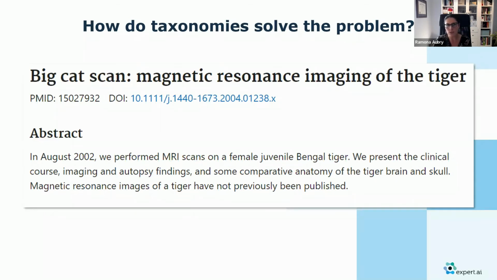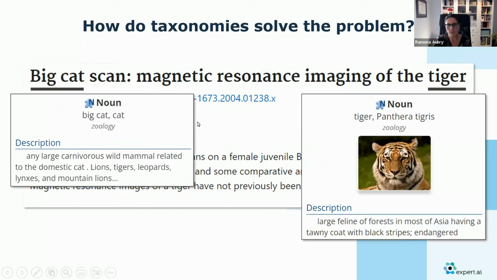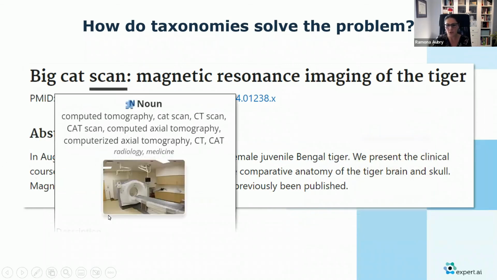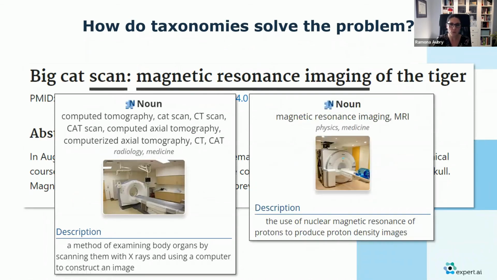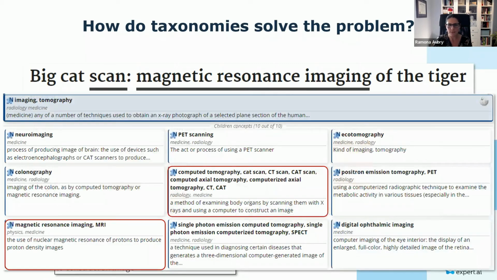But if you have this way to resolve ambiguity with a taxonomy, it provides a great way to provide consistent tagging and consistent search. So the examples that I have here with the cat, the big cat, and the MRI are examples that are, again, pulled from our knowledge graph that helps us disambiguate the way in which these terms are extracted. Another example, and I have also some other definitions of how we identify the right meaning of that particular scan within our knowledge graph.